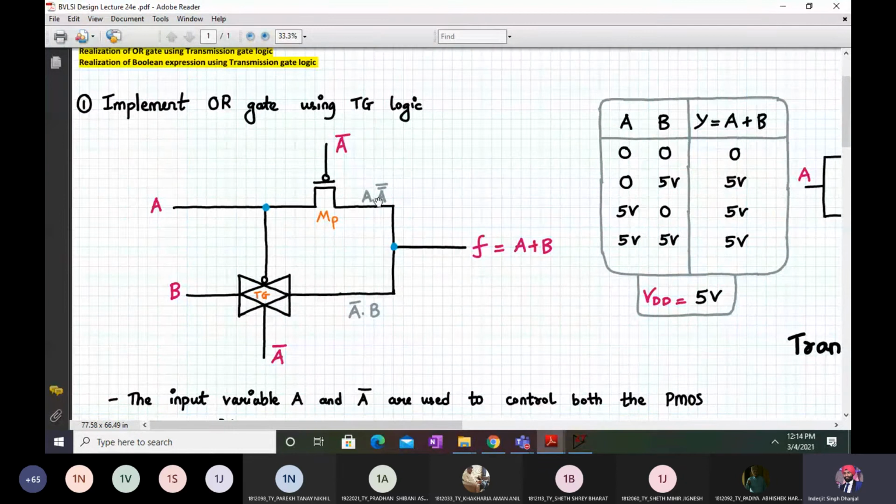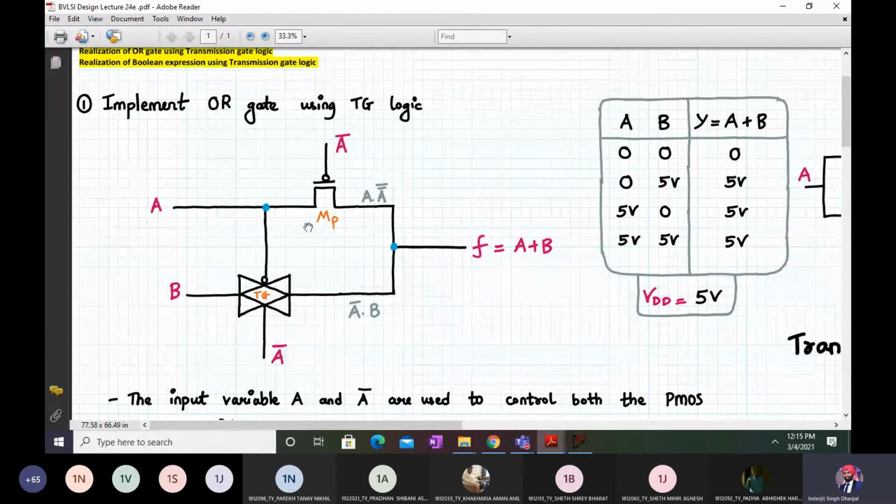So here you will say, why have we used PMOS? Why have we used PMOS pass transistor? See, PMOS pass transistor is passing strong 1. And whenever you are applying A as 1, that means A bar as logic 0, this PMOS transistor is on, and PMOS transistor is supposed to pass a strong logic 1.